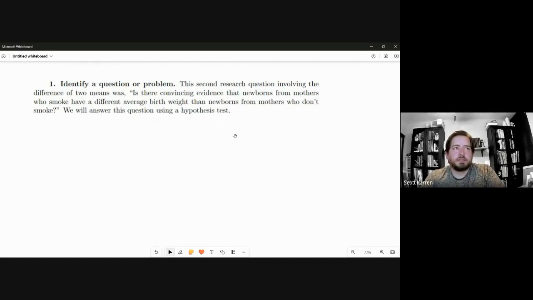So the second research question is involving the difference of two means. Is there convincing evidence that newborns from mothers who smoke have different average birth weight than newborns from mothers who don't smoke? And we'll answer this question using a hypothesis test. So